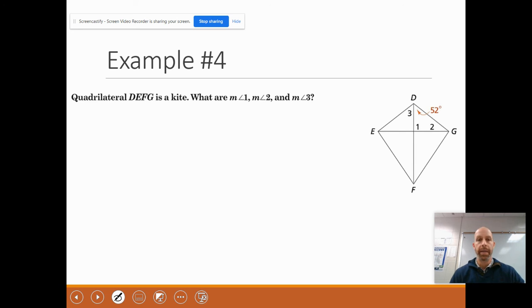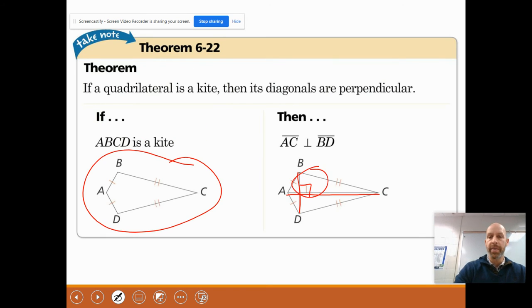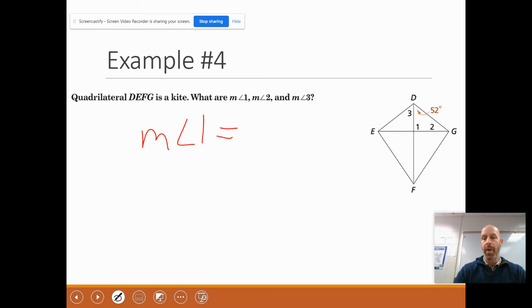So let's go ahead and look at an example involving a kite here. So we have a kite. The kite is DEFG. And we want to find the measures of angle 1, 2, and 3. Well, first of all, the measure of angle 1, that's easy. I'm just going to go back and look. That's what this theorem's telling us. So angle 1 has to be 90 degrees